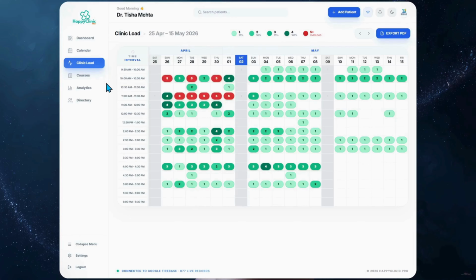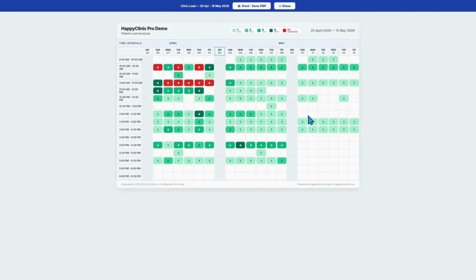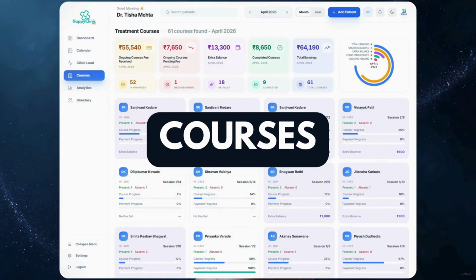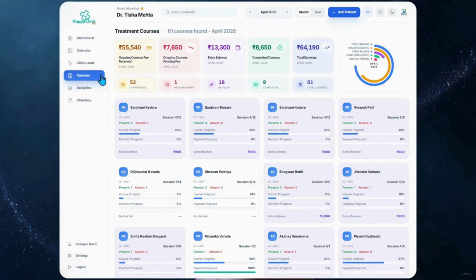This is incredibly useful for your reception staff. If a patient asks for a busy 11 a.m. slot that is already red, they can easily see that 10:30 a.m. or 11:30 a.m. is light green and suggest shifting the appointment there. This prevents a crowded waiting room and ensures every patient gets proper attention. You can also click Export PDF to print this load chart for your team so everyone knows the day's peak hours in advance.